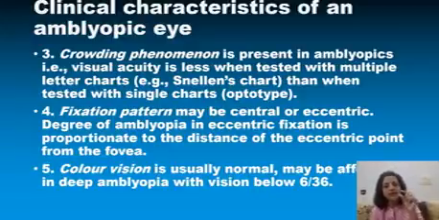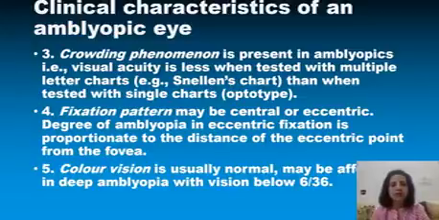If you test with a single letter chart, the patient will be able to read better as compared to when there are multiple letters like in Snellen's chart. This is known as the crowding phenomenon and is seen in amblyopic patients. Fixation pattern may be central or eccentric. Degree of amblyopia in eccentric fixation is proportionate to the distance of that eccentric point from the fovea. Color vision is usually